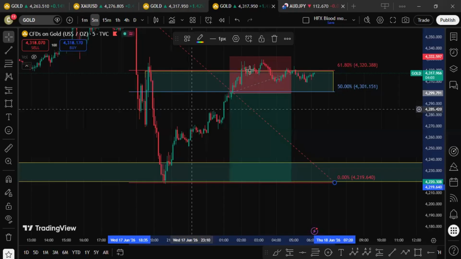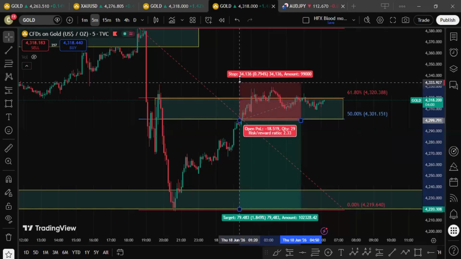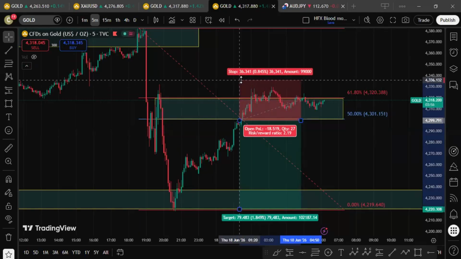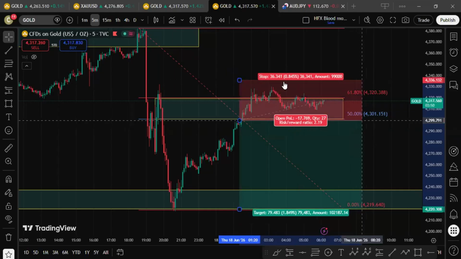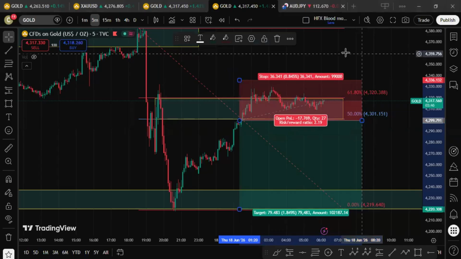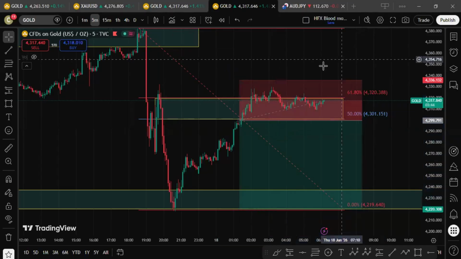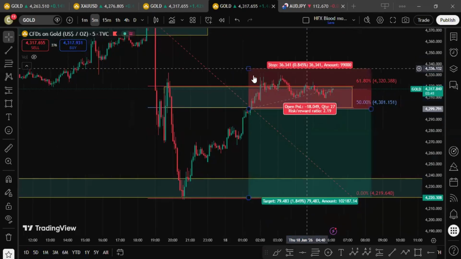Right? And my SL, I guess my SL at 36. This is so large, right? This is the largest SL I've used in a long while. It's like 36 points SL. They are so damn large, right? So first off,